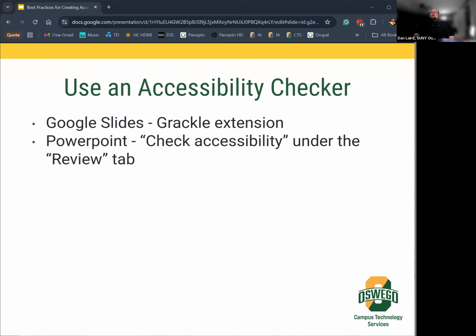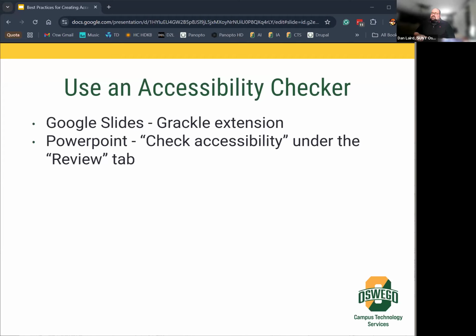And make sure, one of the easiest things you can do, and they're great because they go through your document and will show you each thing that should be addressed, are accessibility checkers. Google has one. It's called Grackle. It works in Slides, it works in Excel, and it works in Docs.